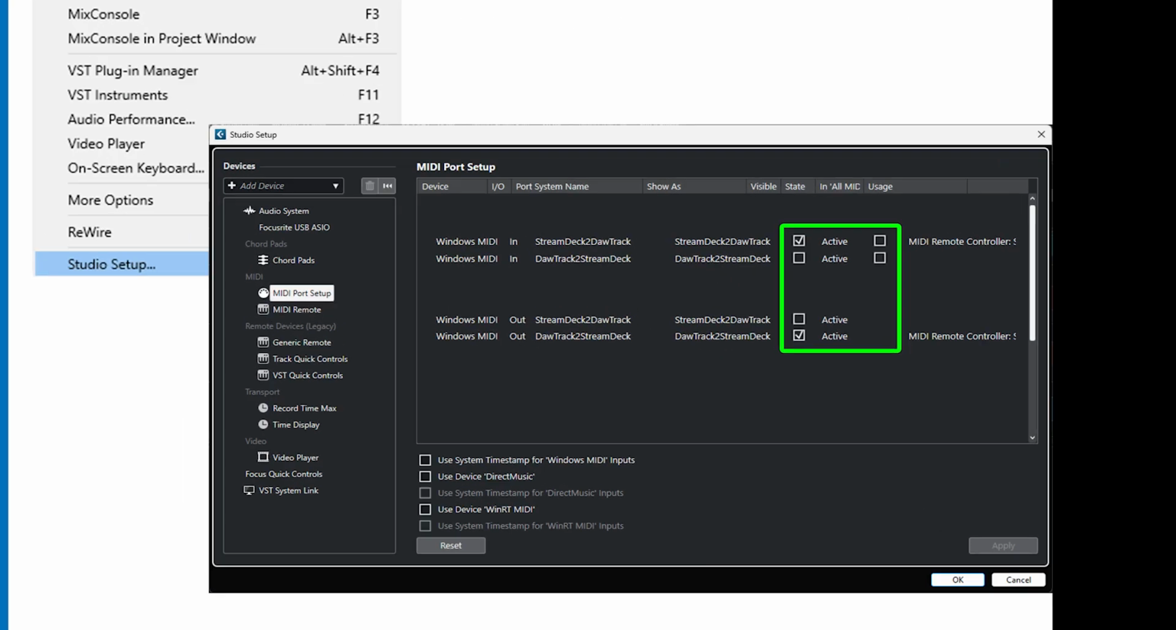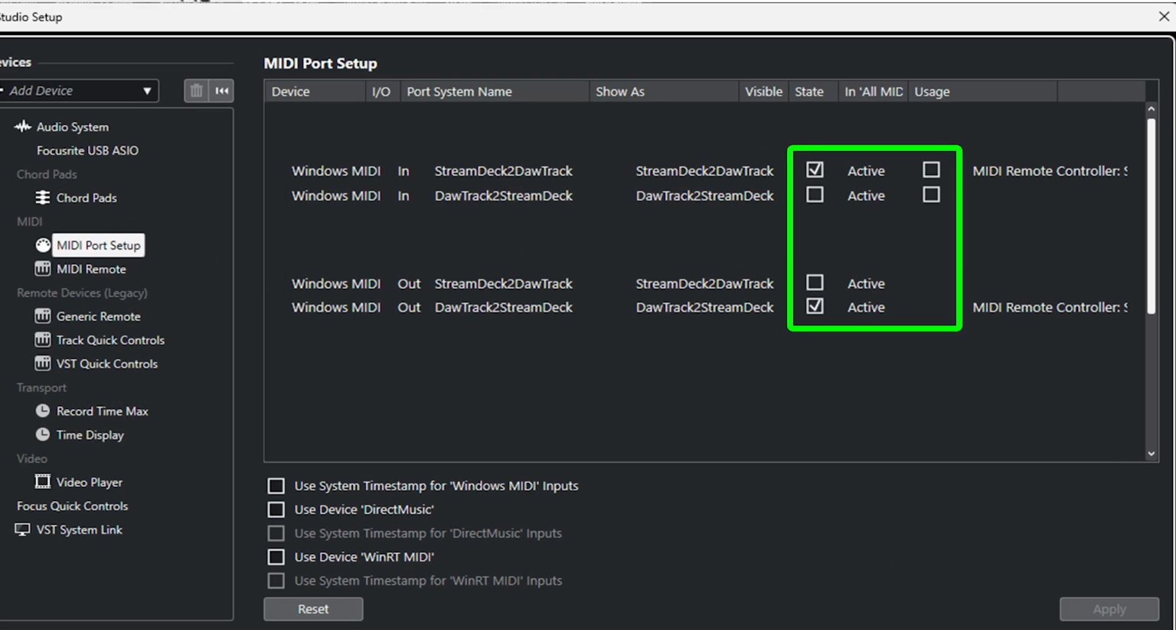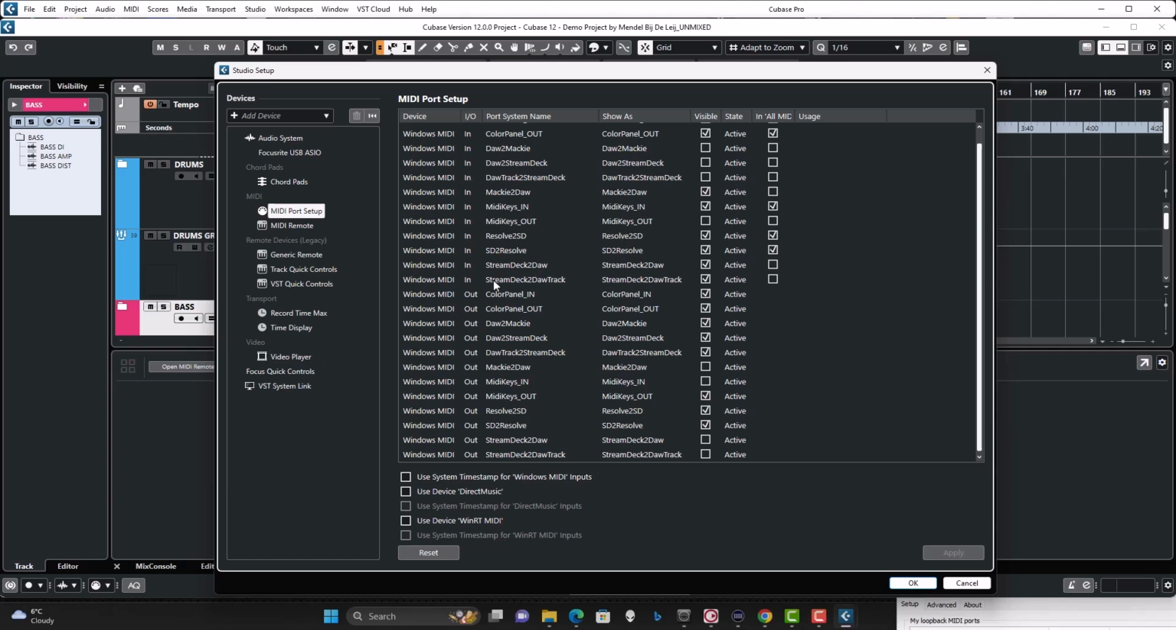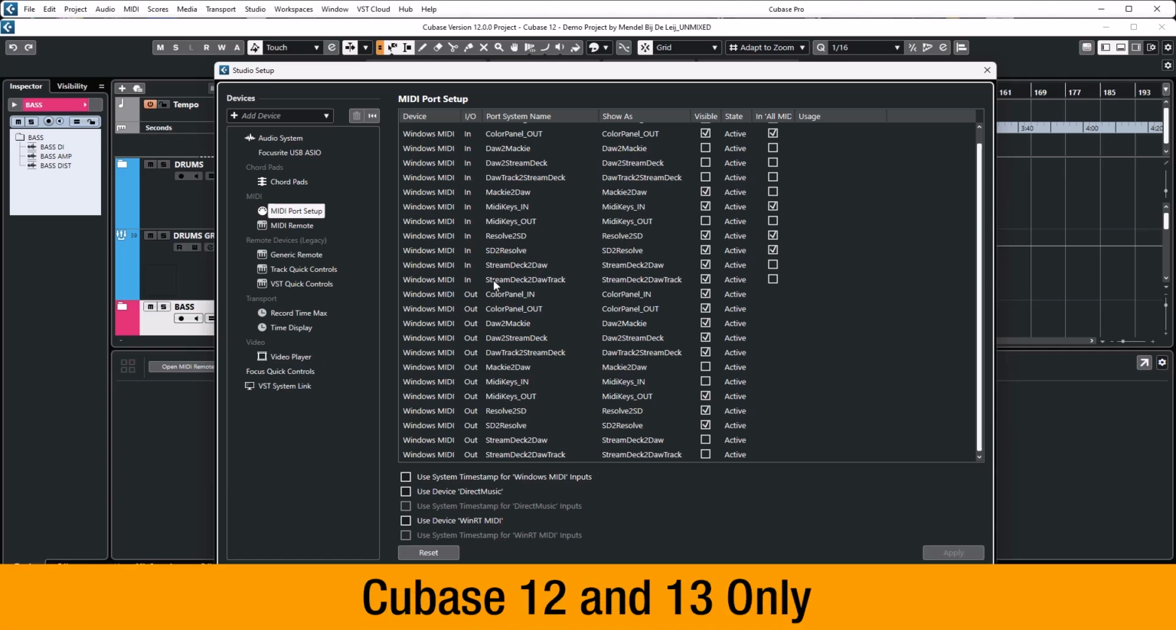So make sure you just double check in the PDF. We have outlined fairly clearly here which ones are on and which ones are off, and you can compare it to your setup. Now staying in the Studio Setup, and this is for Cubase 12 and 13 users only,